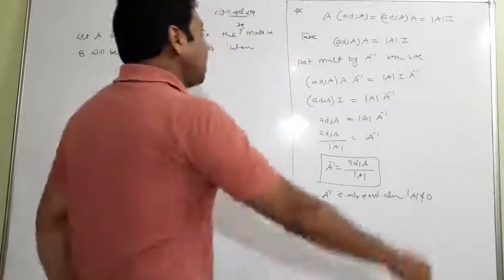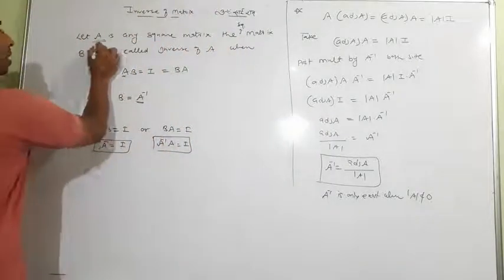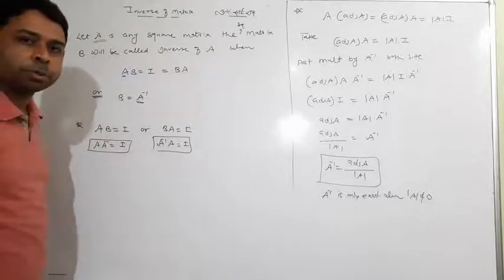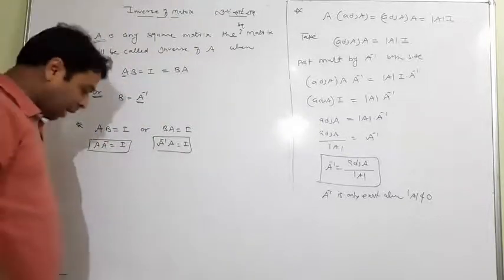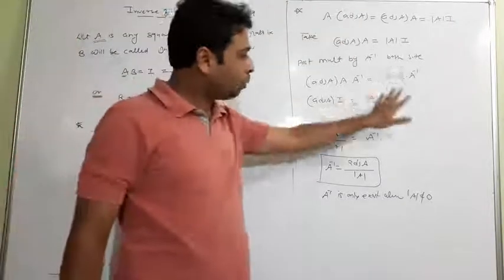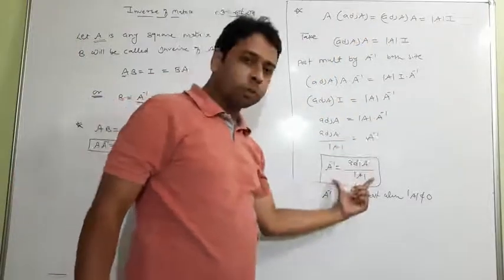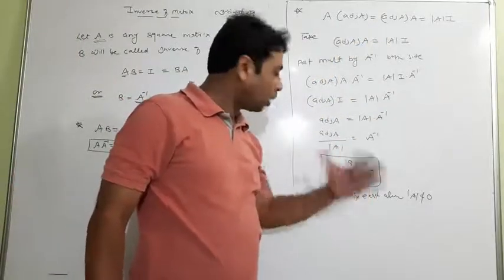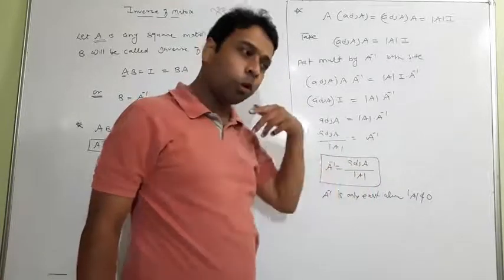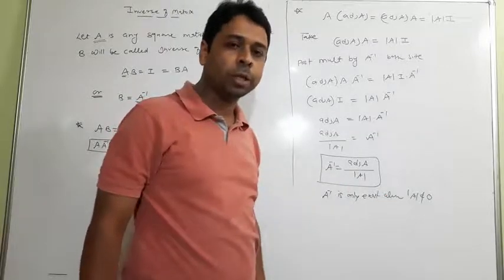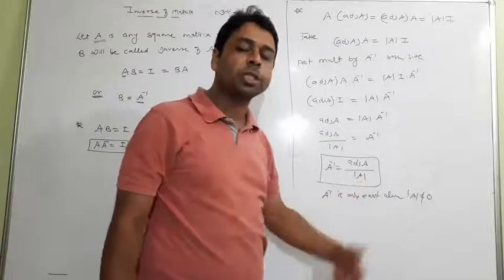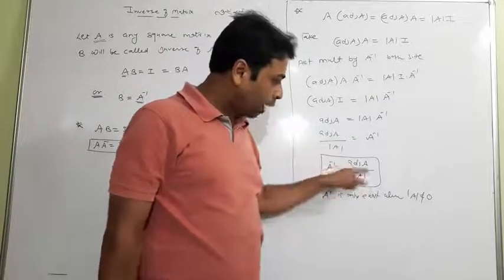So whenever A is given as a square matrix and you are told to find A inverse, you don't have to think about this derivation. It's a beginning, but according to the question you would have only A, and you don't have to do all this work; think about this formula. So what is required? In A inverse you need adjoint A. You already know it, yesterday we had a good class on adjoint A. And determinant A is again not a new thing, because it is very simple for you. So just find both of these things.